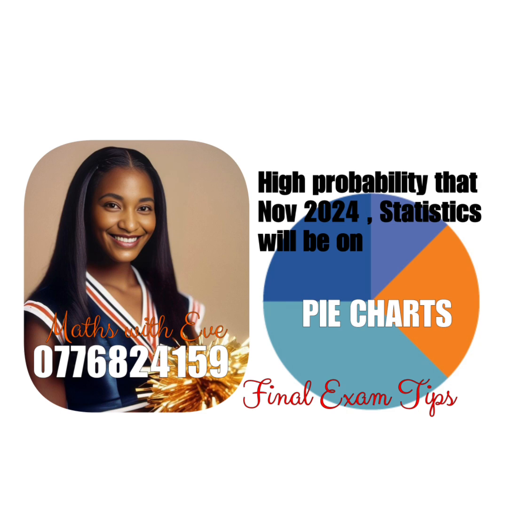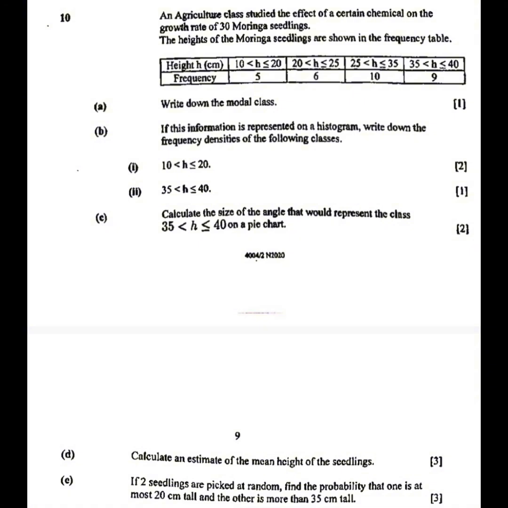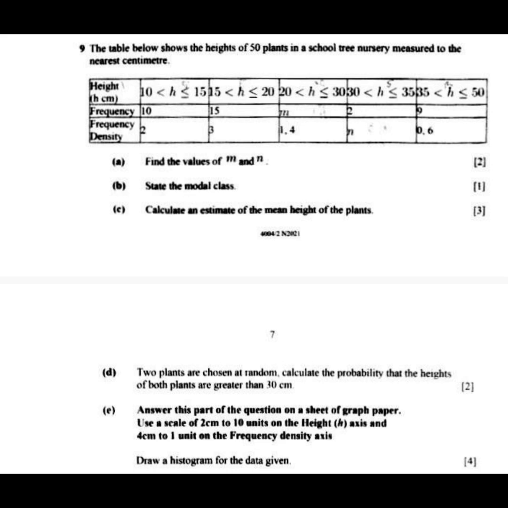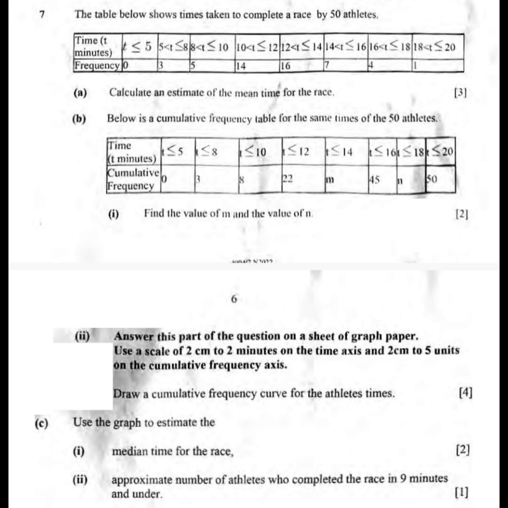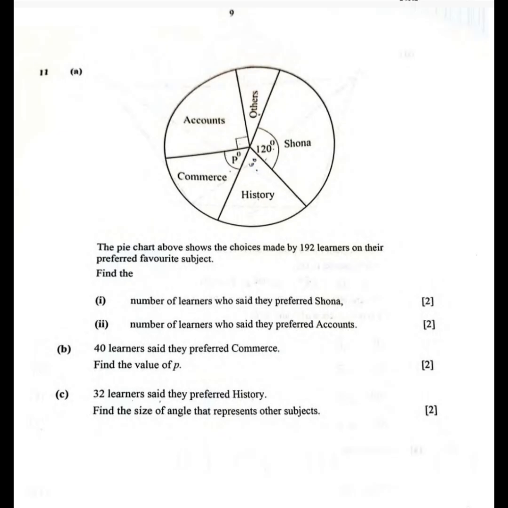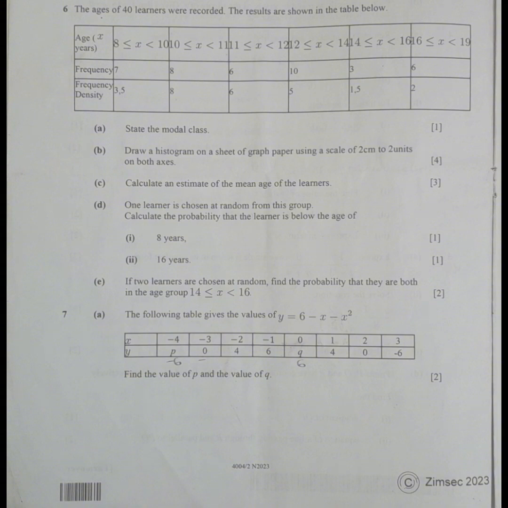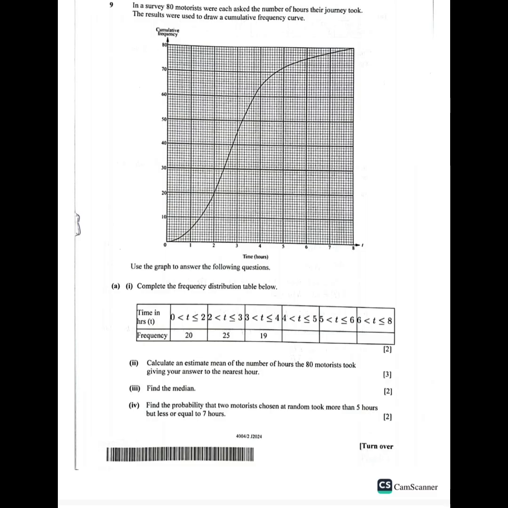In November 2020, the question on statistics was on histograms. In November 2021, it was on histograms. And then in November 2022, it was on cumulative frequency. In June 2023, it was on pie charts. In November 2023, it was on histogram. And then in June 2024,